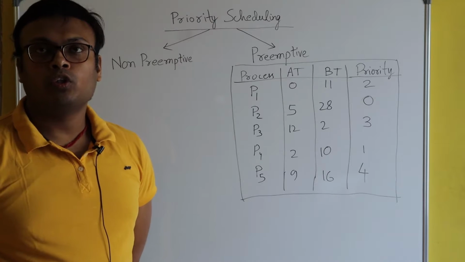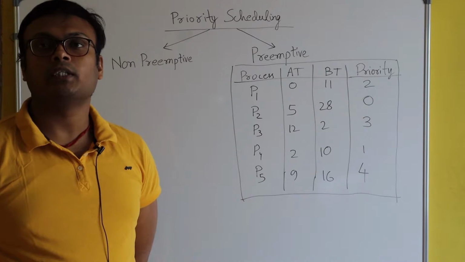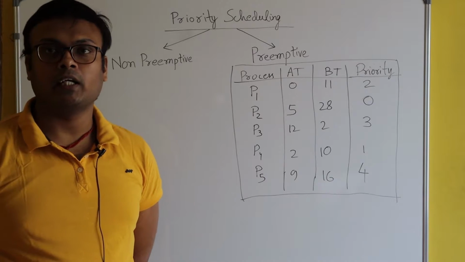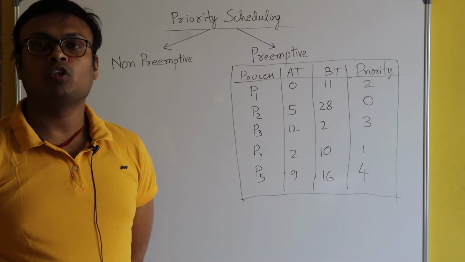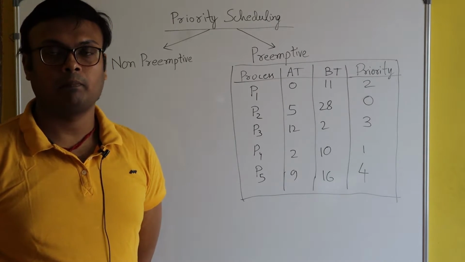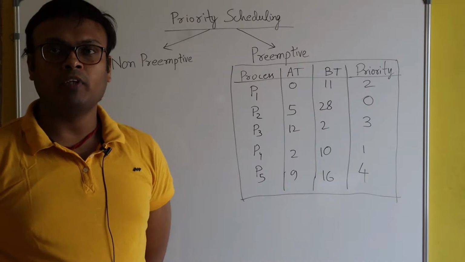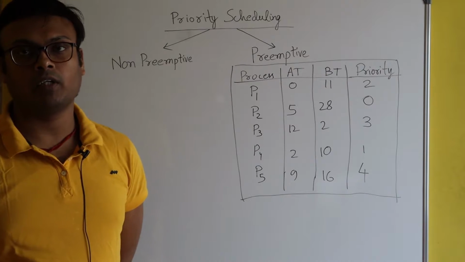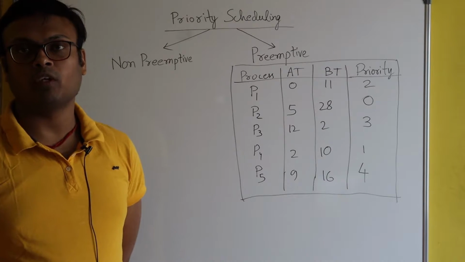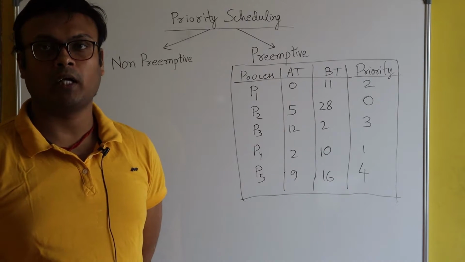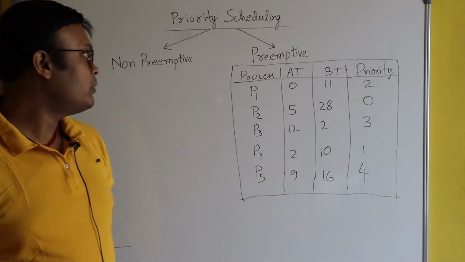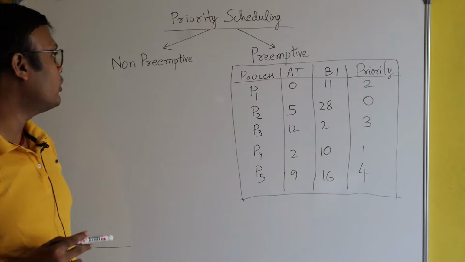Also, some important questions on the round robin algorithm, FCFS, and SRTF algorithm are left, but don't worry, I will solve all the questions. But let me finish this topic, CPU scheduling algorithms, first. After that, I will take the questions one by one from the GATE previous years' papers and solve them. So now let me start the priority scheduling algorithm.